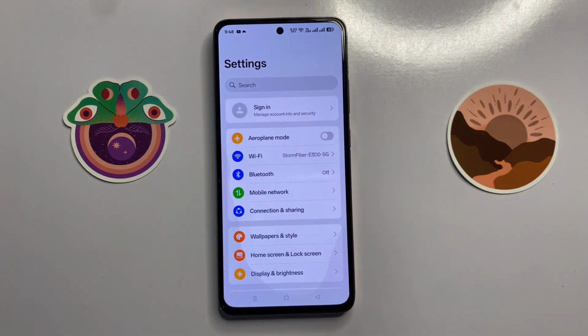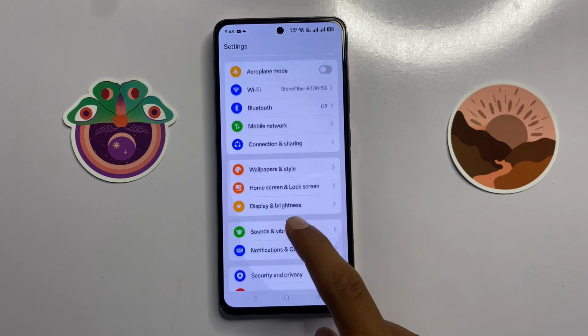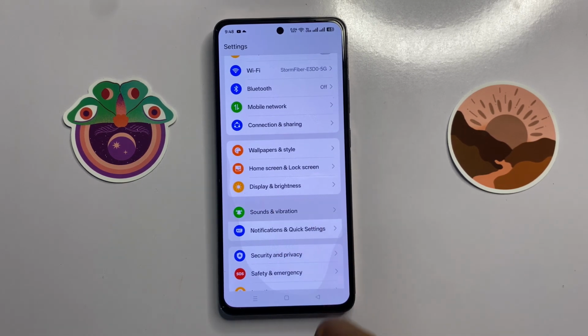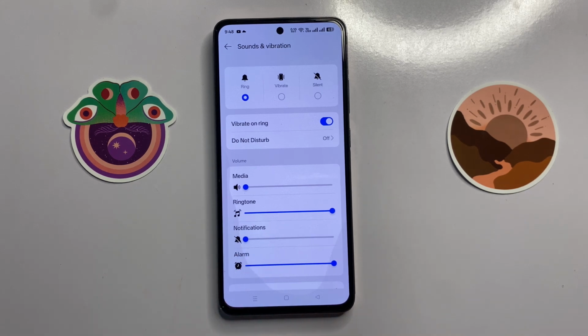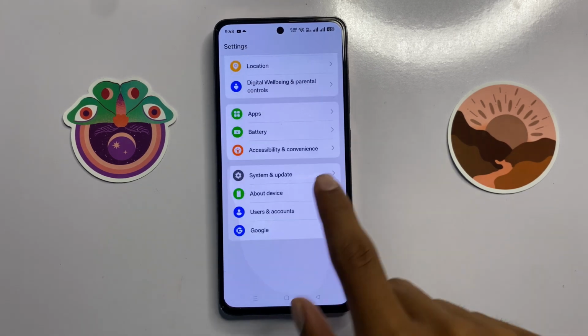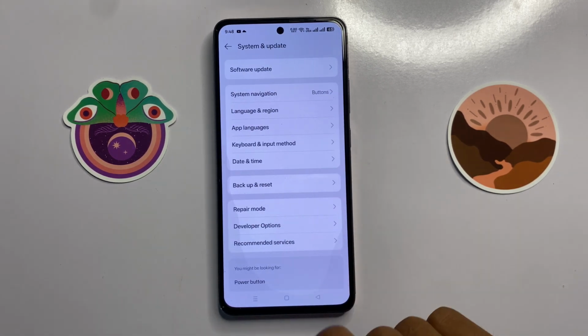open settings. In settings, scroll down and click on sounds and vibration, and then turn off your notification sound. After you turn off your notification sound, go back, scroll down, and click on system and update, and then